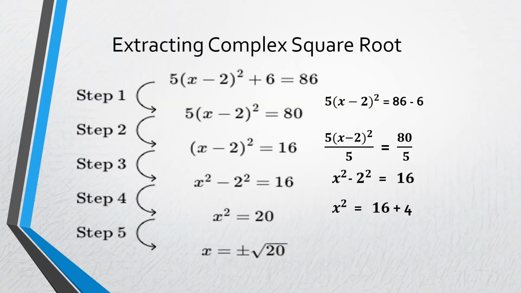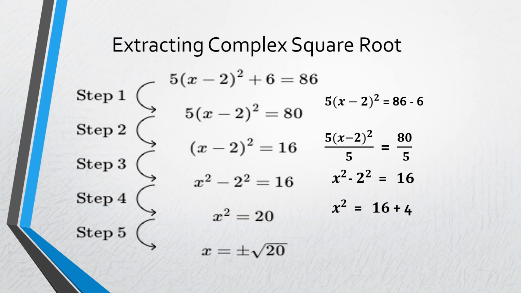This is another way how to solve quadratic equation by extracting square root. Given 5 times x minus 2 squared plus 6 is equal to 86. Find the like terms. So, 6 and 86. 5 times x minus 2 squared is equal to 86 minus 6. Why become minus 6 or negative 6? You transpose. The positive become negative. Next,